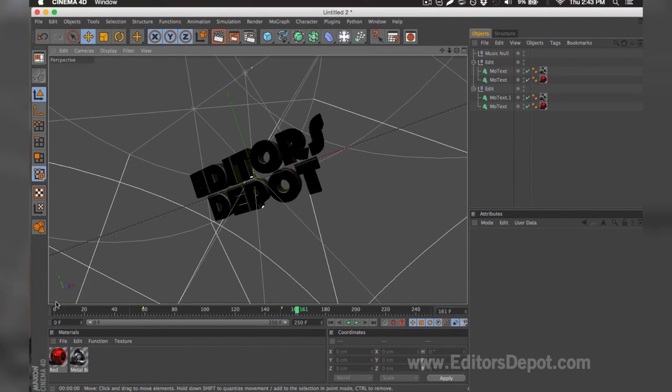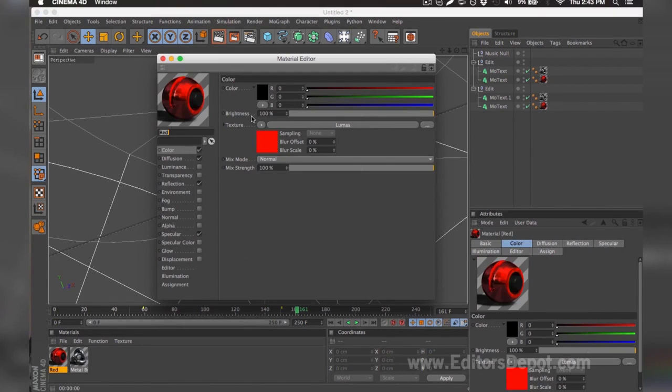But if you're not happy with the colors, you can simply come down below, double click it, and make any modifications you wish. Whether it's make it green, make it blue, or blend it all together and make a little purple. I'm going to go ahead and keep it this way, and I'm going to go ahead and go to